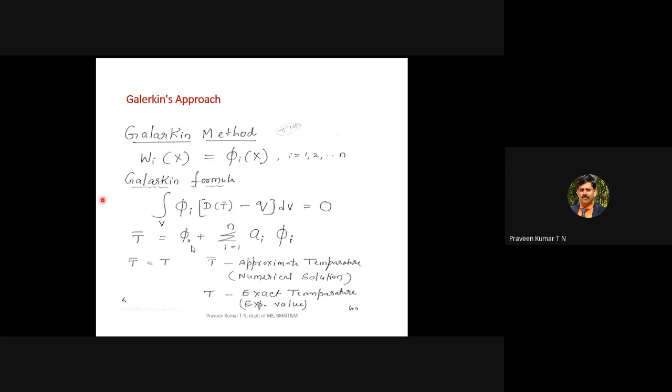Phi I you have to define. The temperature is also defined by this function phi I. That means we have only one function to define in the case of the Galerkin method, that is phi I. But in the weighted residual method, we require two functions, Wi and phi I. This equation is very important, as you are now going to derive 1D heat transfer for conduction only, using the Galerkin formula. This d of t minus q is nothing but the governing differential equation for 1D heat transfer. The phi I function you have to define.